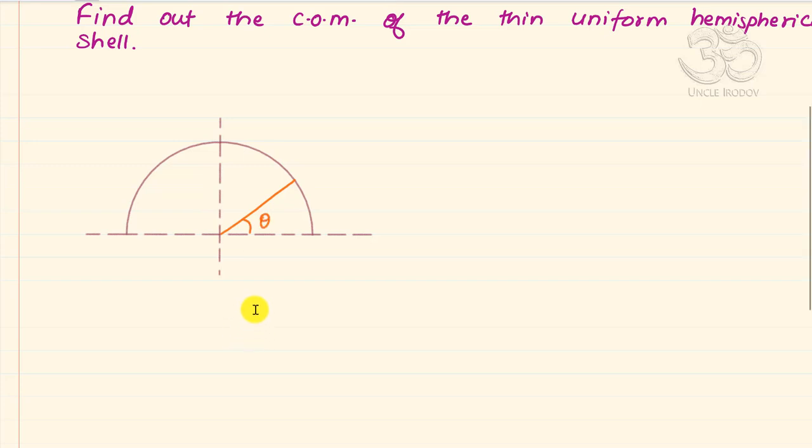Now by symmetry we already know that the center of mass of this entire hemispherical shell is going to lie on the y-axis, nowhere else, because y-axis is an axis of symmetry. So we are interested in that. Now to find out that, what we have done is we have taken a radius that makes an angle theta with the horizontal diameter, in this case the x-axis, and we increment that theta by a small amount, d theta. So what we get is two places where these two radii are going to intersect the hemispherical surface.